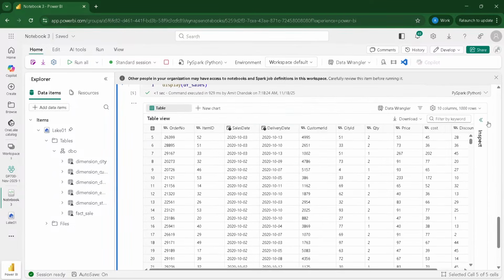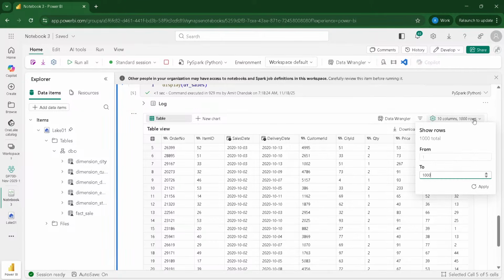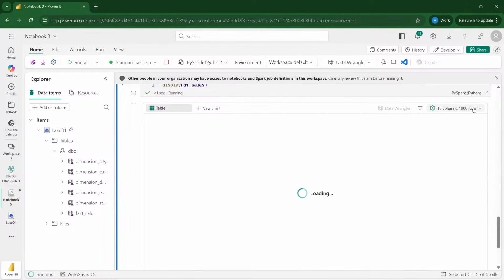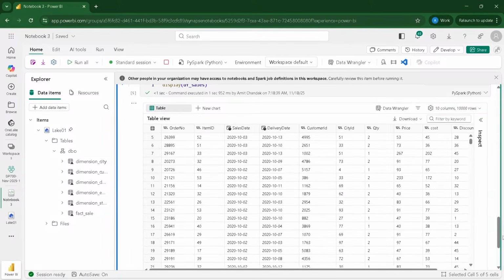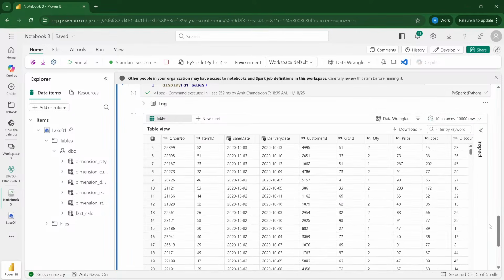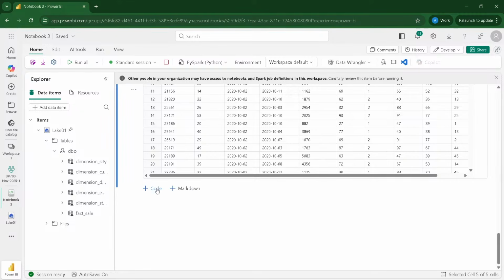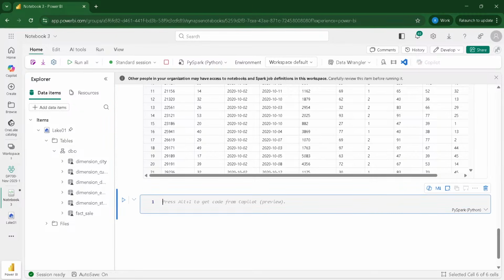But there is a limitation, you will not get all the rows, the maximum rows is controlled. I think it is 10,000, or it's 1,000 only, we can't get more than that. 10,000 we can get max. Do try out a little more because limitations keep on changing.